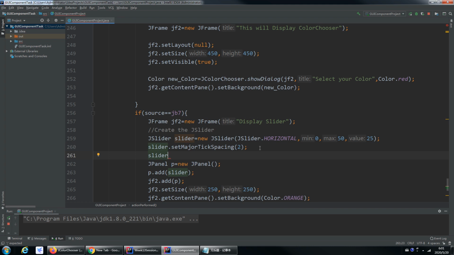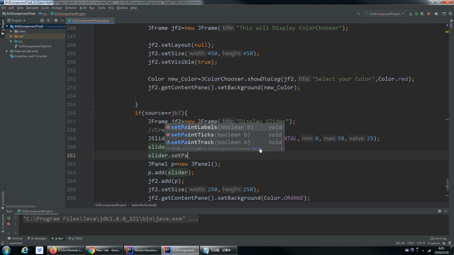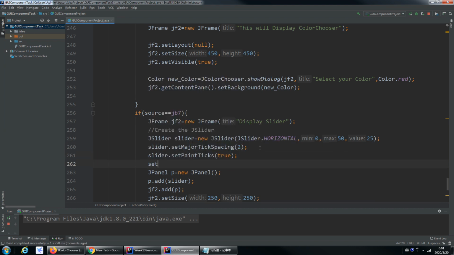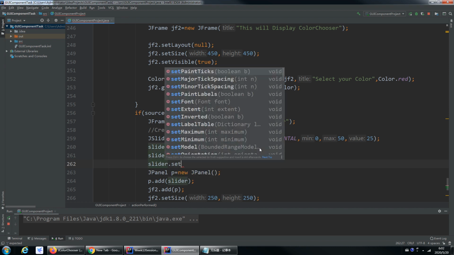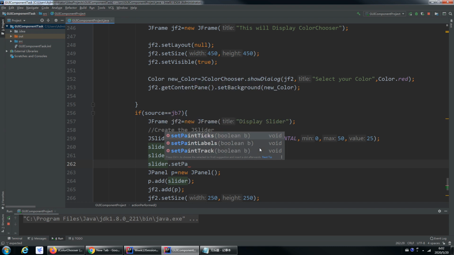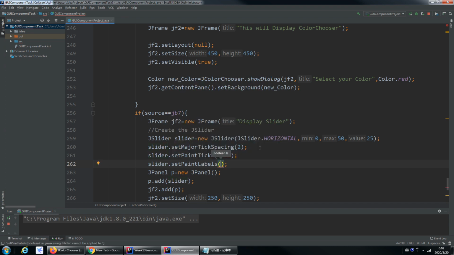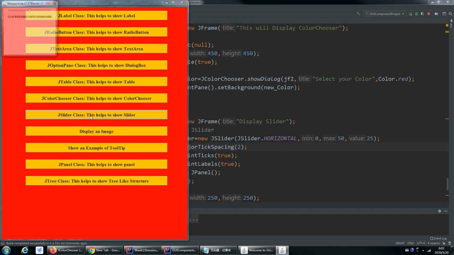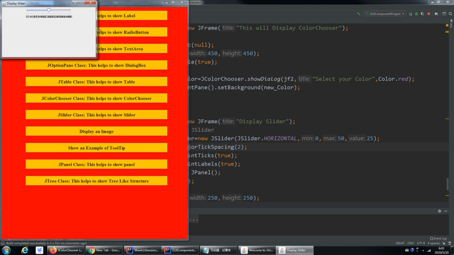So slider.setPaintTicks, you have to make it true. It's a function, okay, and you also have to set the label. So slider.setPaintLabels. There is a function called label. Set paint labels to true, make it true. Let's run and see now. I think it should work. Click on this. Hey, you can see here it's displaying, and you can see after every 2 points